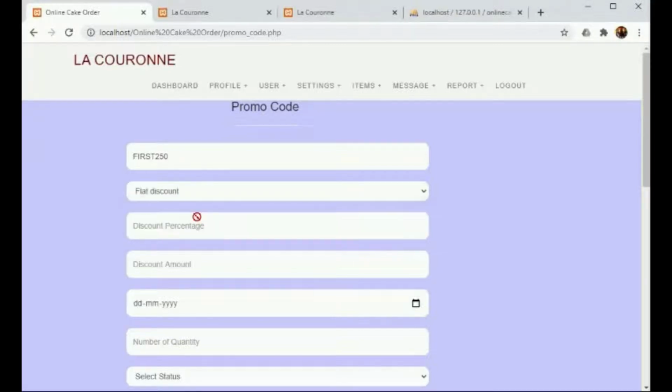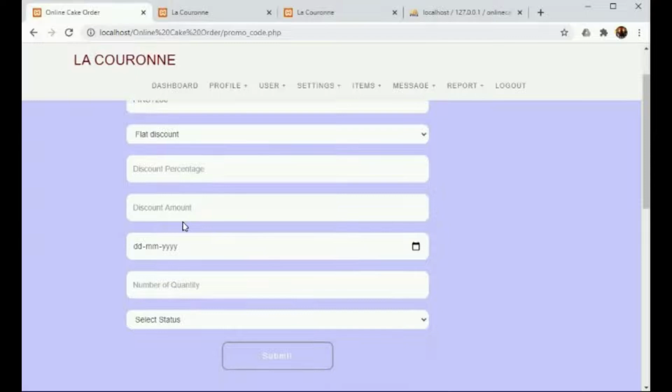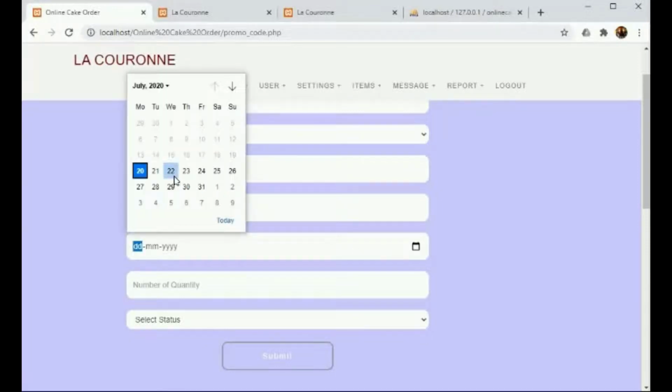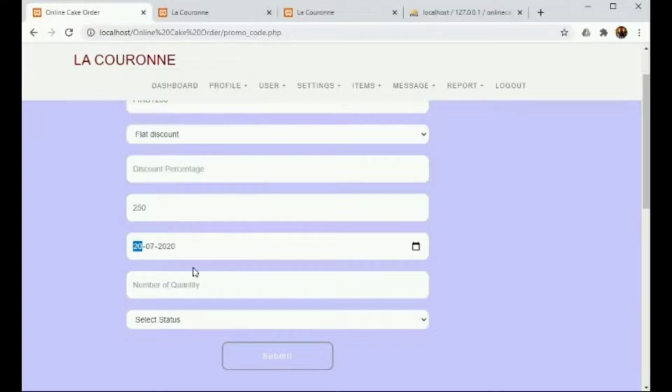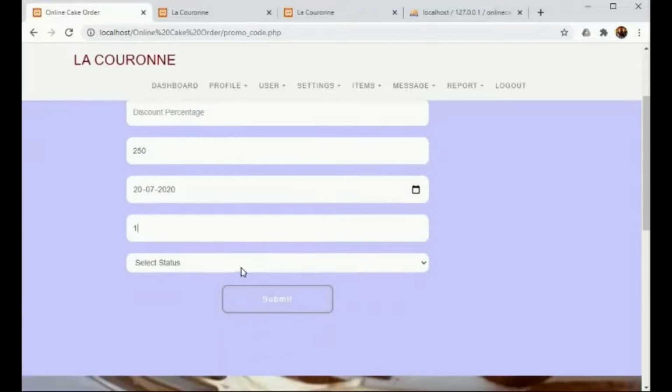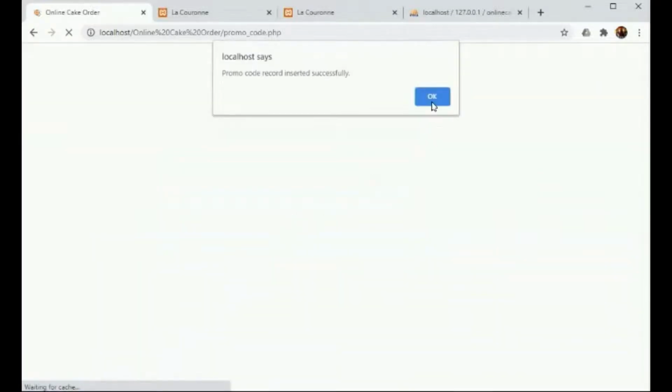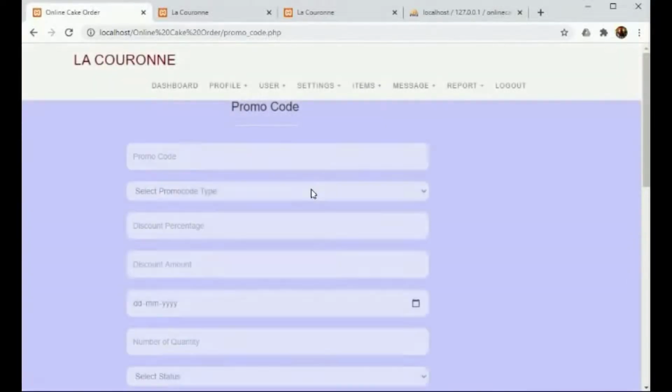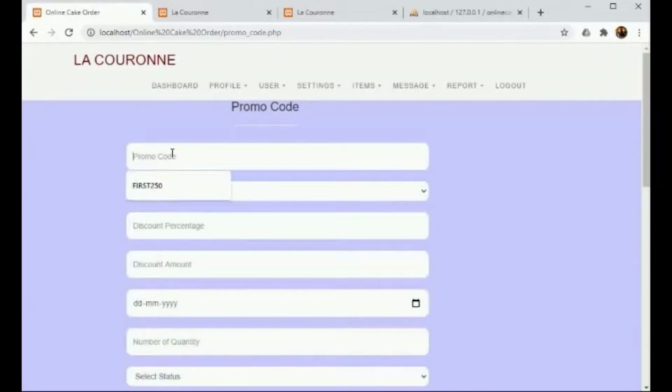Flat discount means here the discount amount should be mentioned and the date. And number of quantity, which means on purchasing how many cakes or how many quantity of cakes the promo code is available or the discount is available.